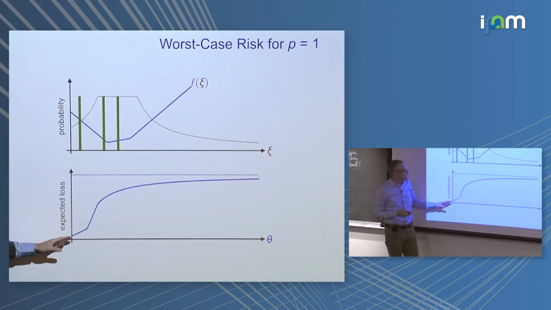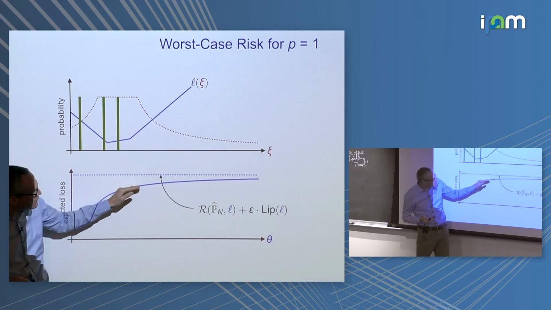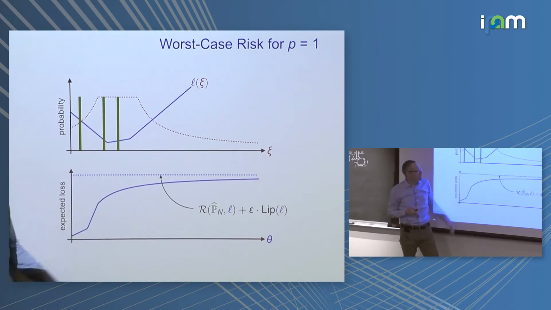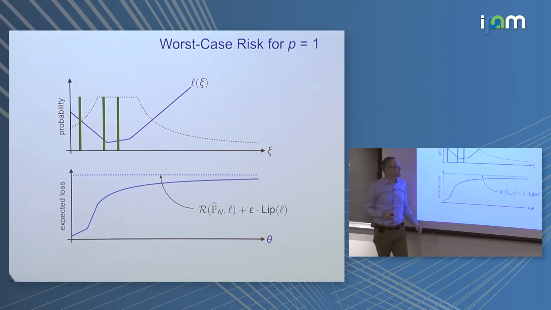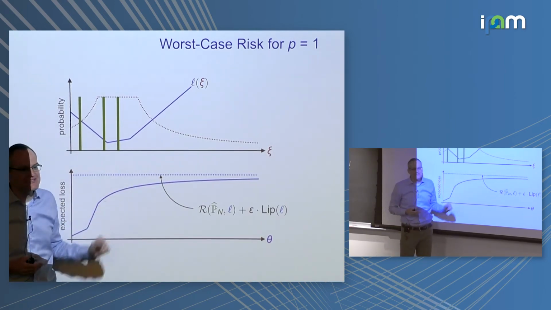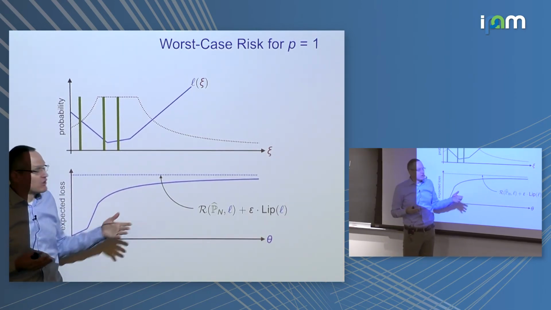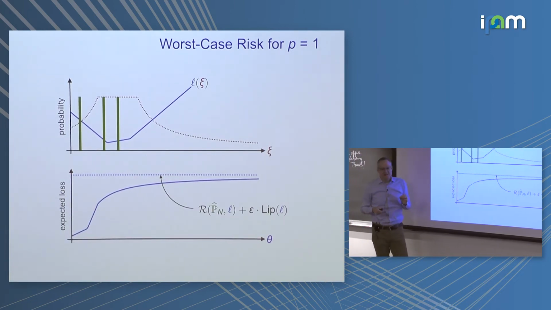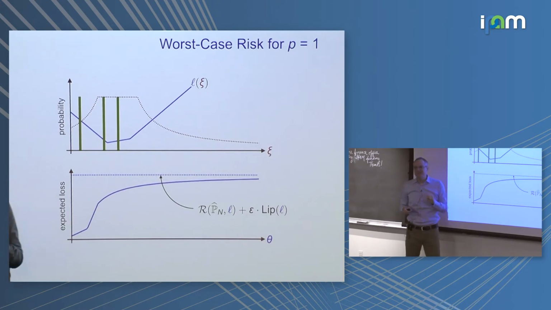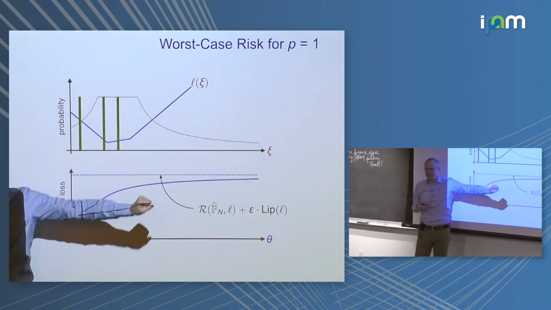And what we see is that this expectation grows and actually converges asymptotically to the Lipschitz regularized nominal risk, which you know to be an upper bound. And this shows that in this example, the upper bound is tight, not attained, right? But it's asymptotically attained by this sequence of distributions that sends a small probability mass to infinity, to the right.